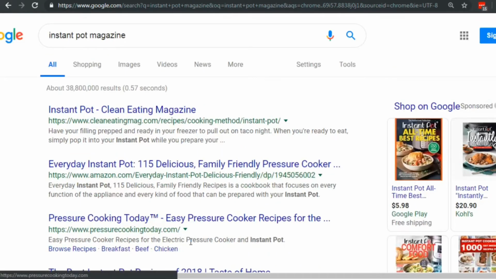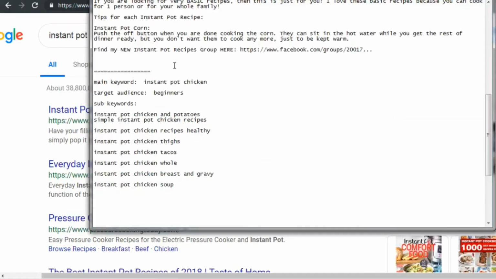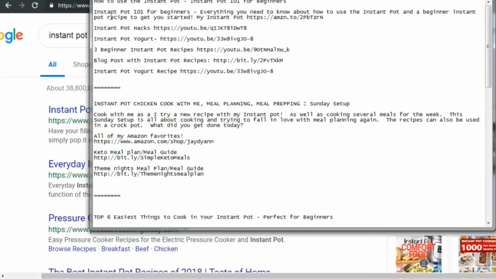So essentially that's how to create the titles. As far as the description goes, if you take a look at what they've written here, the first one that's ranking really well, as you can see here, we've got Instant Pot 101 for beginners. So you'll notice that they are trying to target the keyword Instant Pot 101 for beginners. So they've stated that in the title, and they've also put it in the description. So it says everything you need to know about how to use the Instant Pot in a beginner Instant Pot